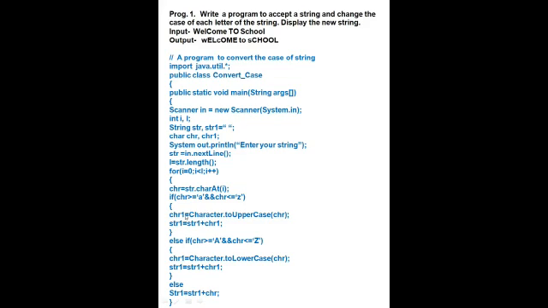Now chr1 is the new character. When the character changes, it will become chr1, using to uppercase, because these are lowercase and will change into uppercase. Now chr will change into uppercase. Letters written in small letters will come in uppercase.